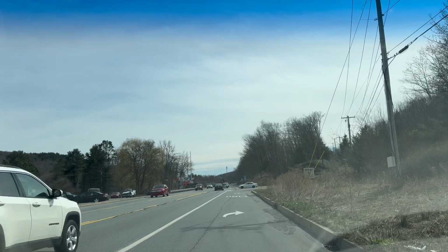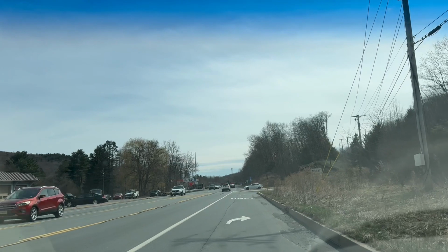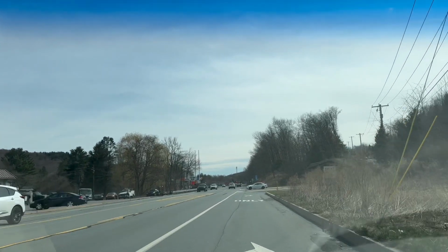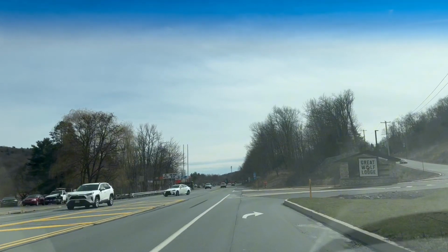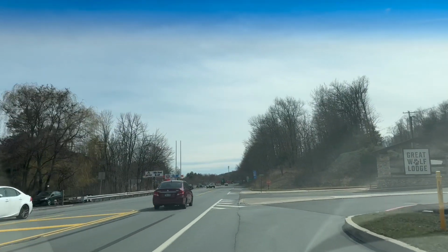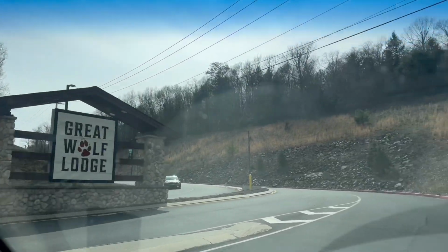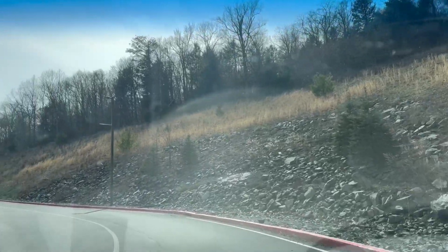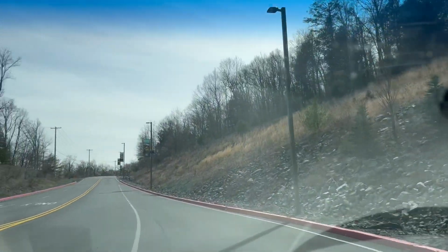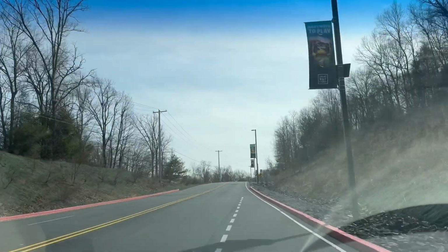Well, Gary's Tours fans, we're now about to enter the Great Wolf Lodge. We're on State Route 611 in Tannersville. And now we're going to climb up the mountain to the Great Wolf Lodge and see what this place is all about. There's a number of these resorts around the country. I know I've been to one in Williamsburg, Virginia,